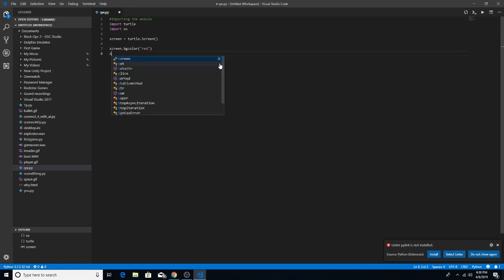We can also do screen dot color. Not color, title. And you can type whatever name you want for the title. I'm just gonna type first game and save it. Now we're gonna type over here turtle